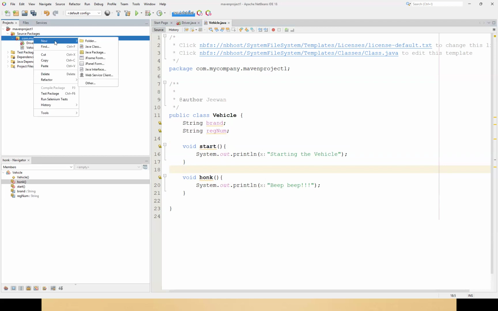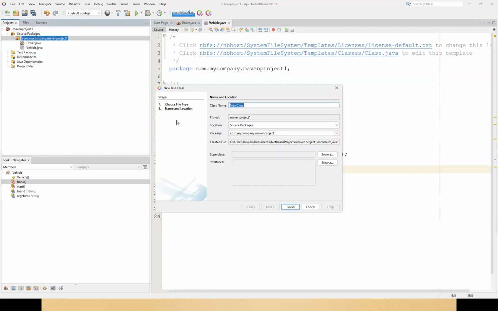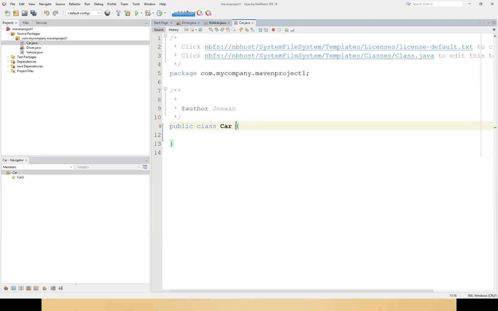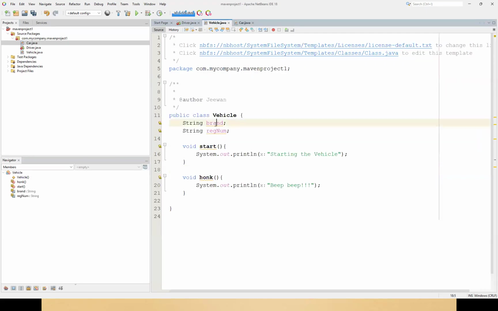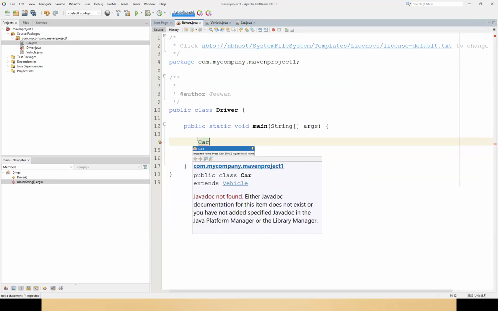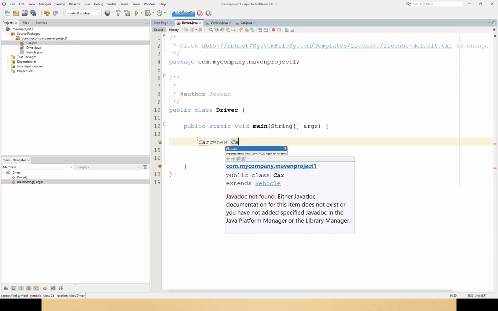If I create a class called Car, now class Car can become a subclass of the Vehicle class. So the attributes, brand and registration number, would be inherited by the class Car, and also start and honk would be inherited. To show you that, if I create a Car object, Car c equals new Car,